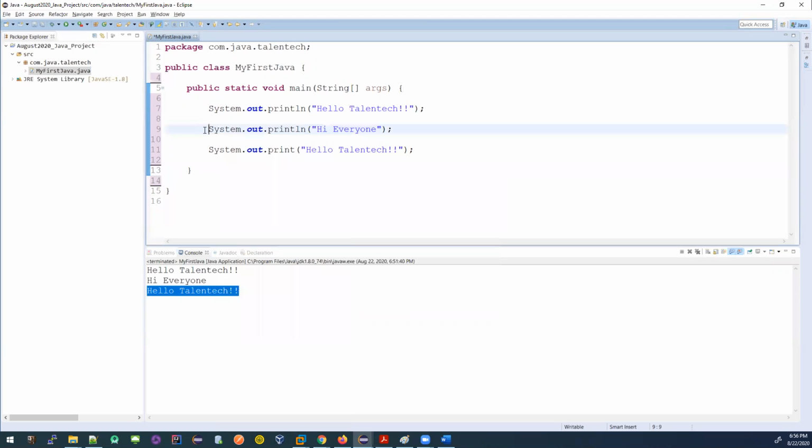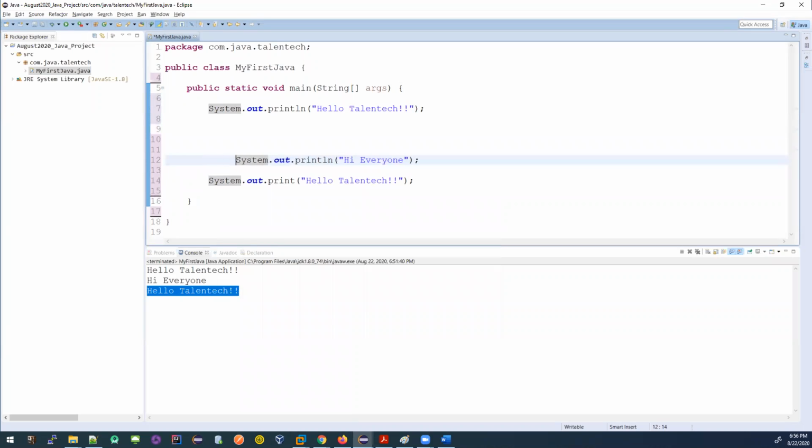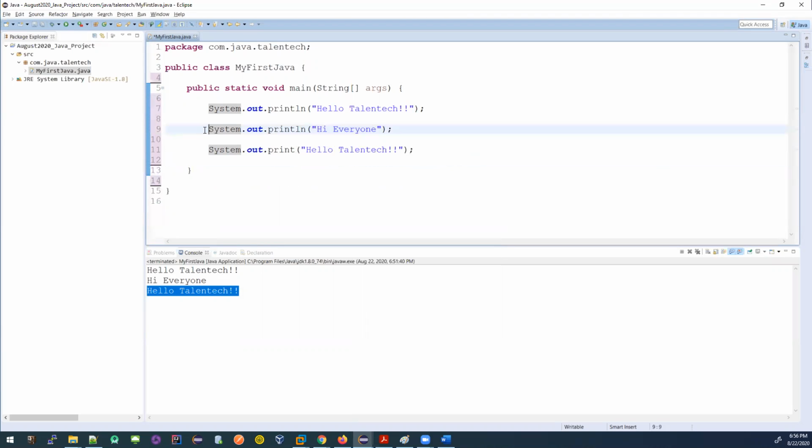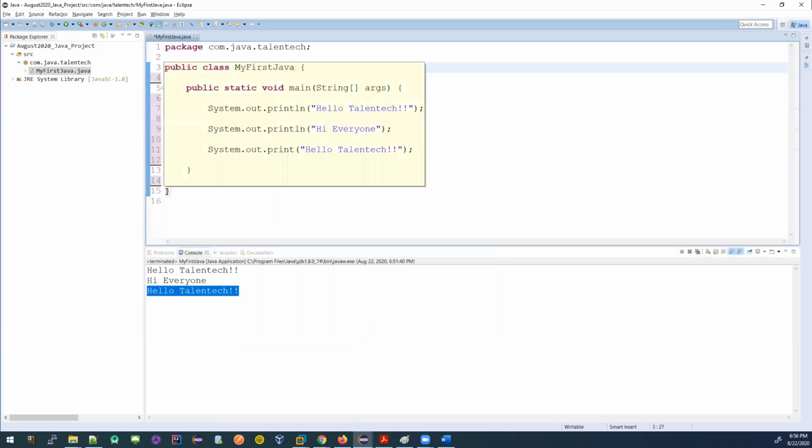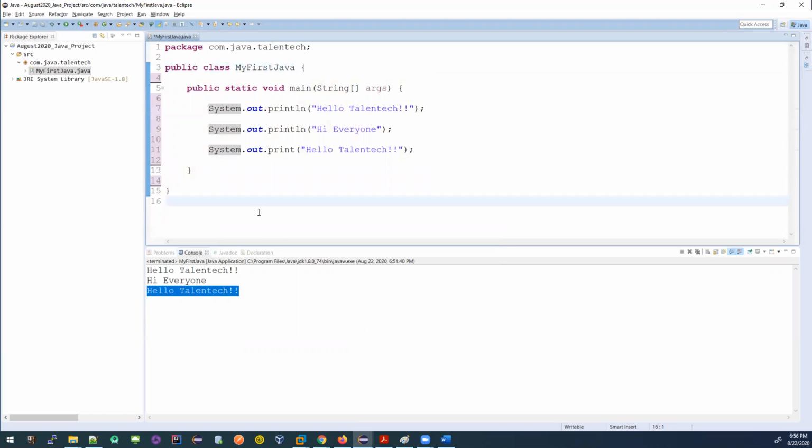Control-Shift-F. If I have something that is messed up, I say Control-Shift-F, it will fix the code and it looks good. See, this curly bracket starts here, it ends here. This one starts here, and this is called indented. They're nicely indented, right? We'll see it more. This is the small stuff that makes our life easy, makes our coding cleaner, and this is important.